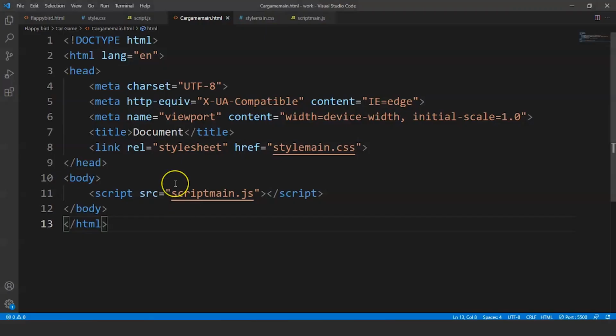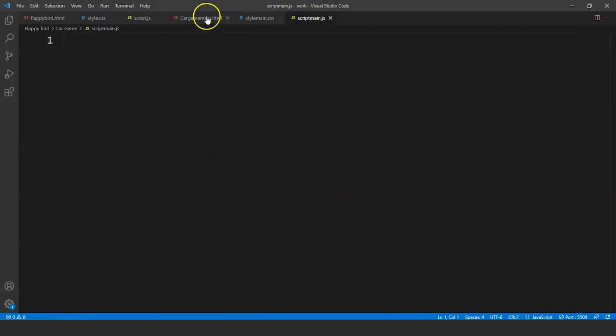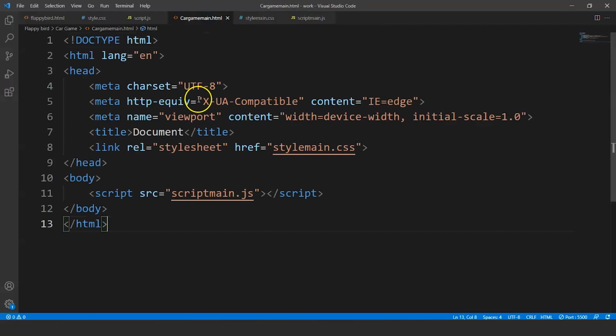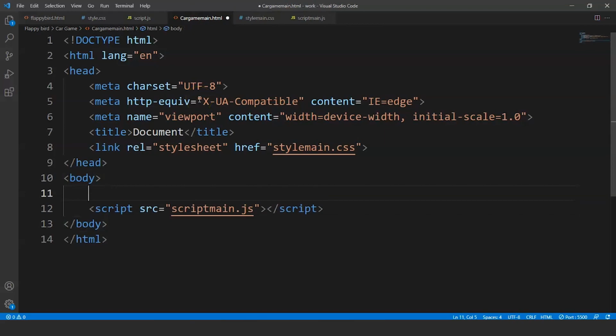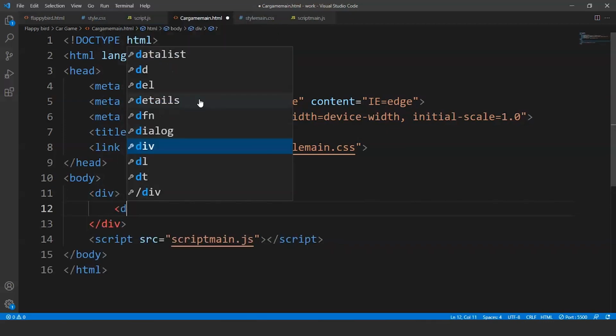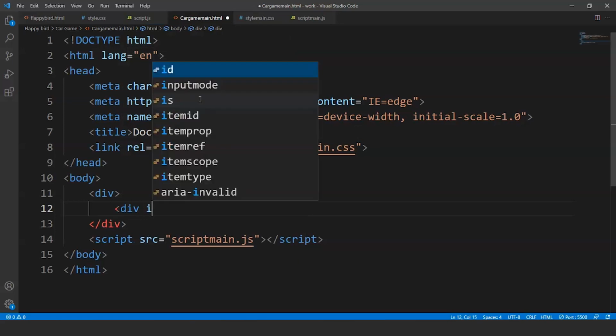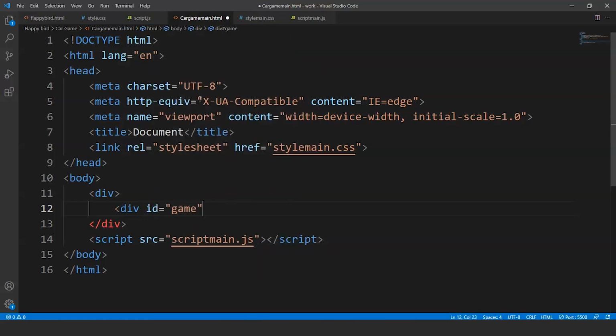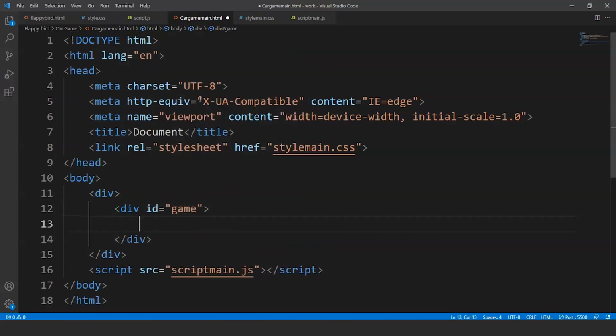So here is a game. This is the HTML file and then we have a CSS file and a JavaScript file for this game. Now, what we'll do first is we'll create a div tag. We have to protect a block, right? We have to move the container either to the left or to the right. So for that, we have to create div tags. So first of all, we'll write here div. We'll take this particular div tag for the game and we'll write here another div with id as game. Fine. Now we have two div tags over here.